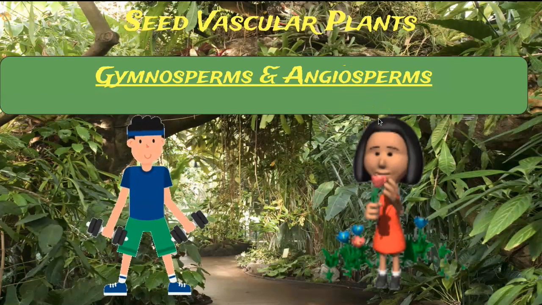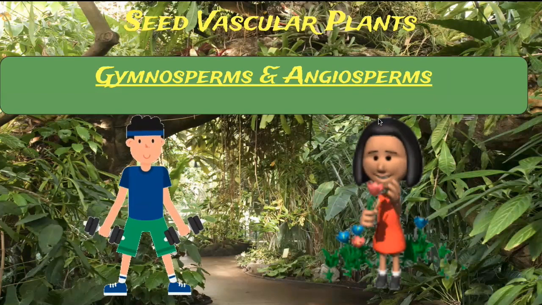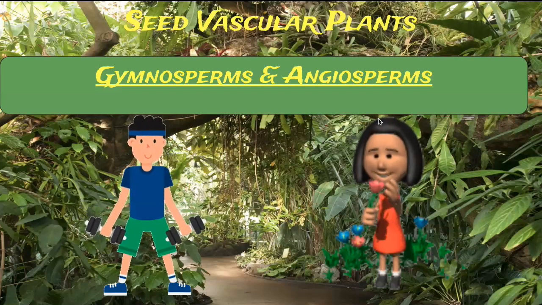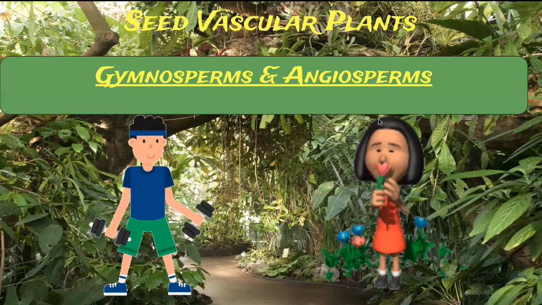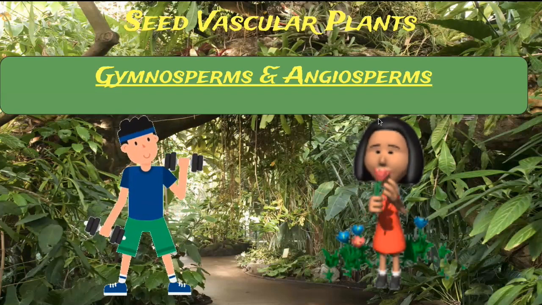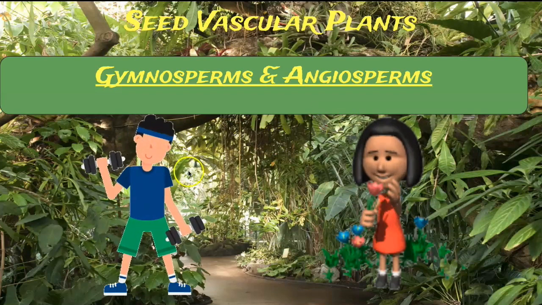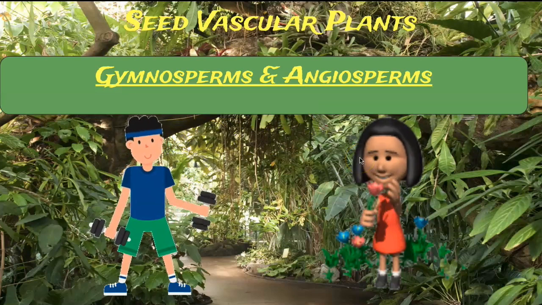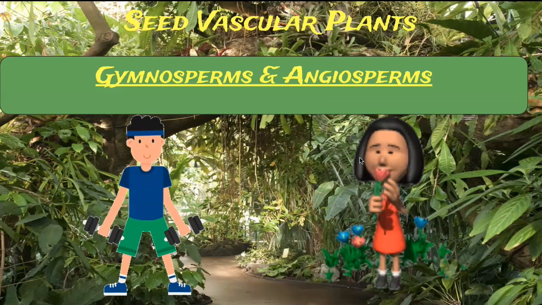So we should be on the second page of our notes, where it says vascular plants with seeds divided into two more groups. That's what I want you to write. Is that gymnosperms are cone-bearing, angiosperms have flowers. You could even write this mnemonic device out there if you want to.